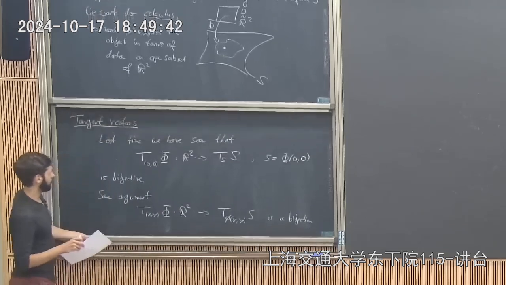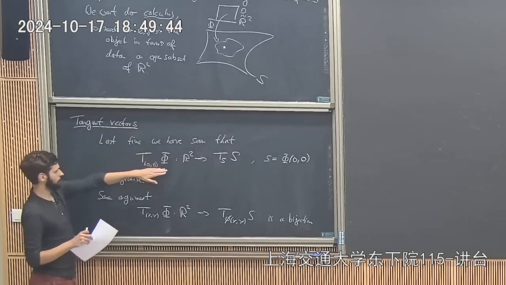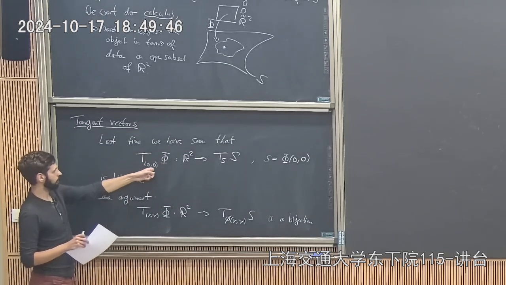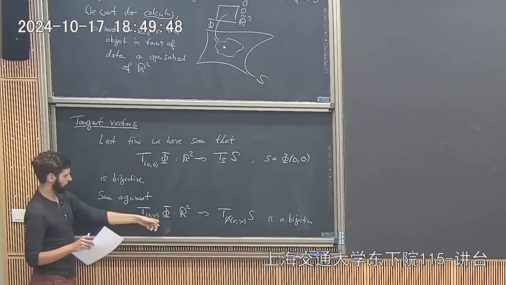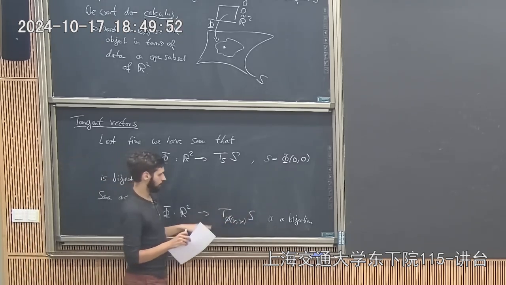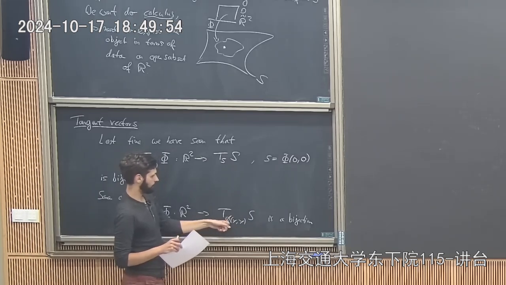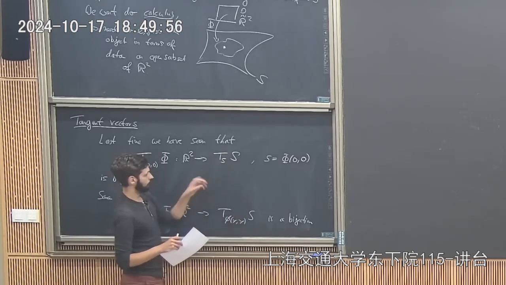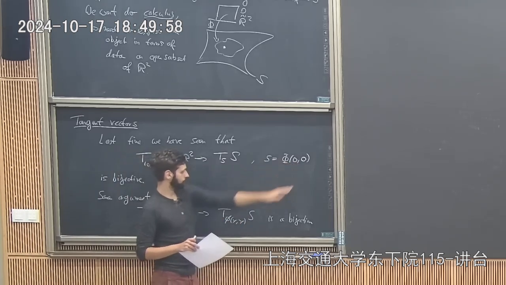Last time this was essentially the Jacobian evaluated at 0, and now we take the Jacobian at an arbitrary point. And that gives us a map that gives us a tangent vector not at the point where it was 0, but now we